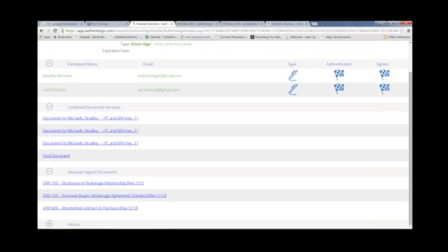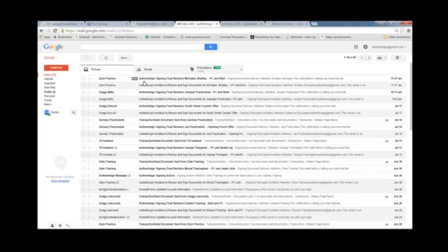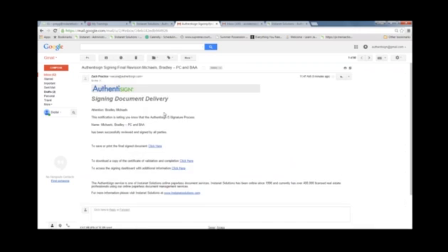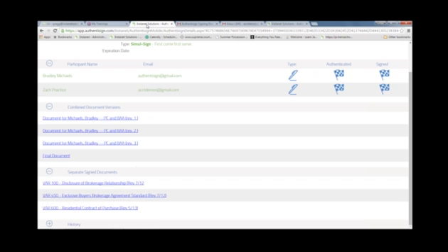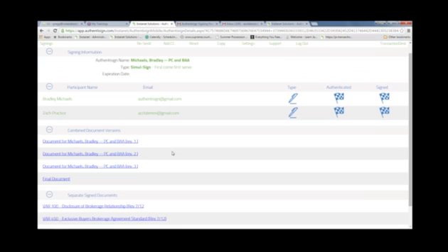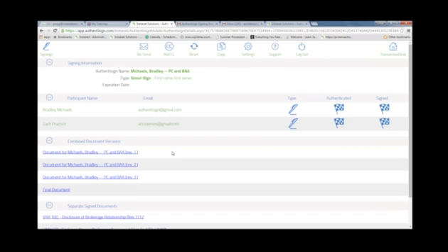Now let's see if they're here. AuthentiSign, final revision. So Bradley receives a copy, has access to the documents that he just signed. Everybody gets a copy. Not only do we get copies here to our signing, not only do we get copies to our email, but